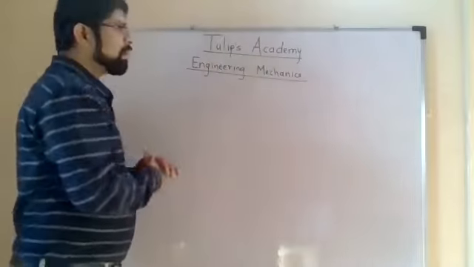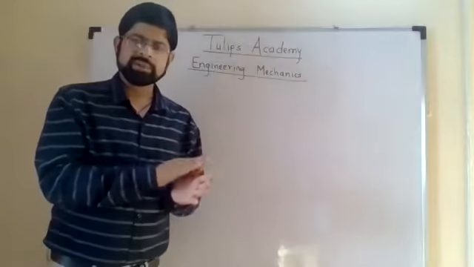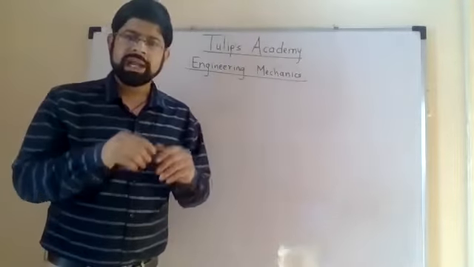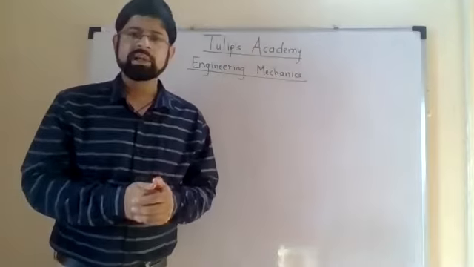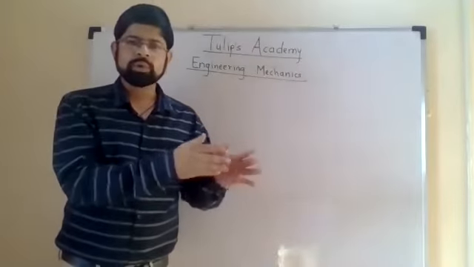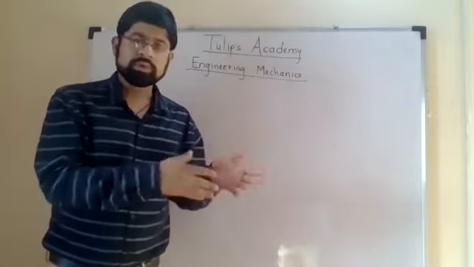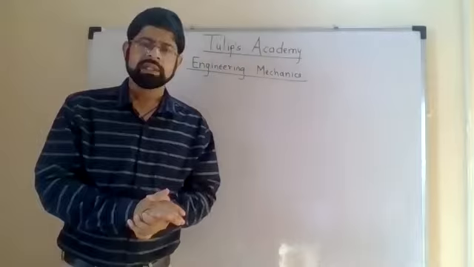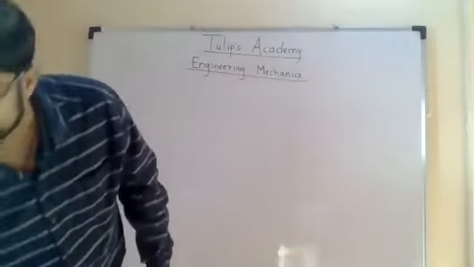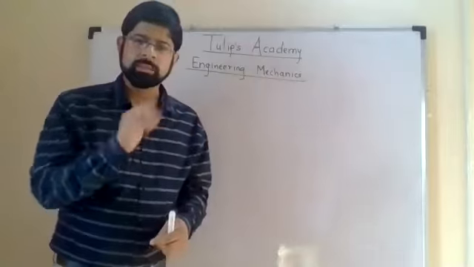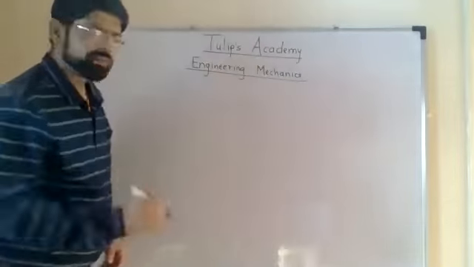Now in this video, we will see how to numerically find out values of the components of the force. In the previous video, we have seen the process of resolution, and in this video, we will see the numerical values of the components. And for that purpose, we will need the trigonometric identities. We must know three trigonometric identities, that is sine theta, cos theta, and tan theta. These three trigonometric identities are very important to numerically calculate the components. Okay, so we will see the same example which we had considered in the previous video.